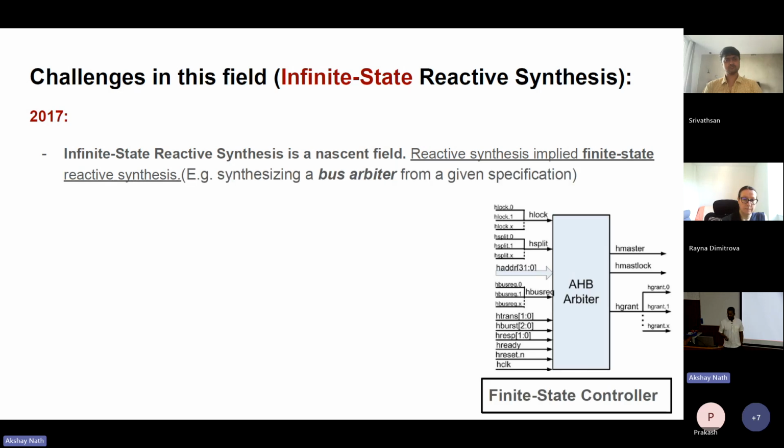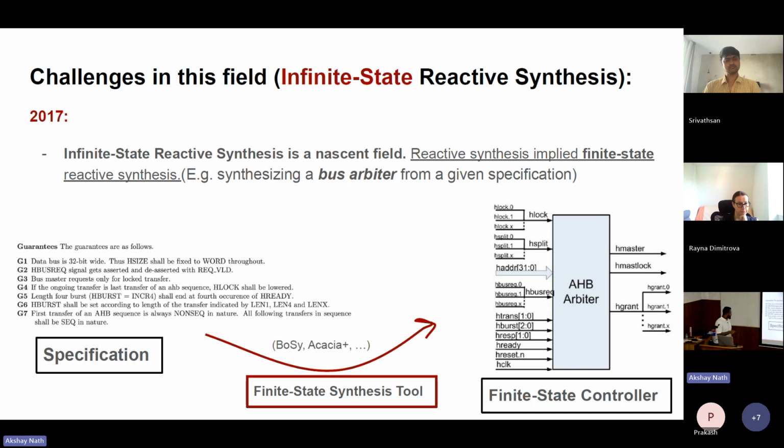For example, if you want to synthesize a bus arbiter from a given specification, this is an arbiter in the hardware which grants, say, access to the bus to multiple CPUs. One property that you would want is that the bus is granted to at most one CPU at a given time, which is a mutual exclusivity constraint. And you could have a conjunction of such requirements